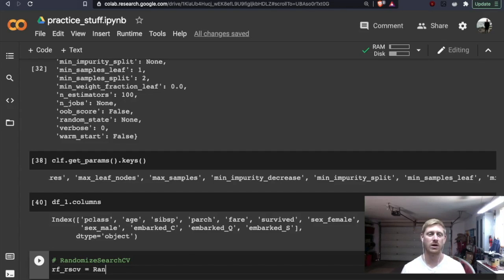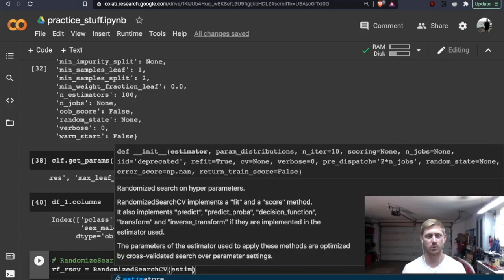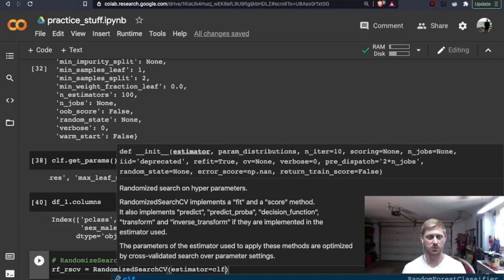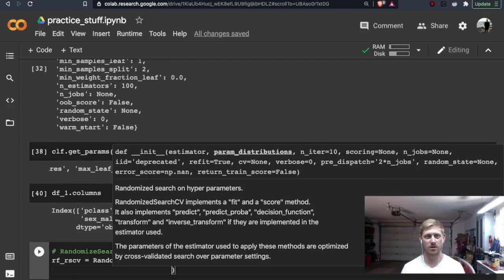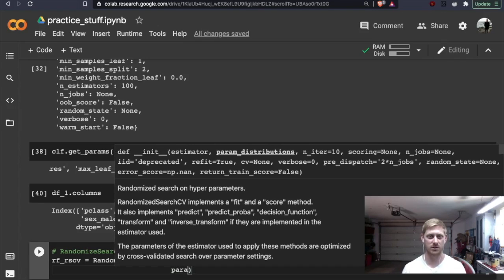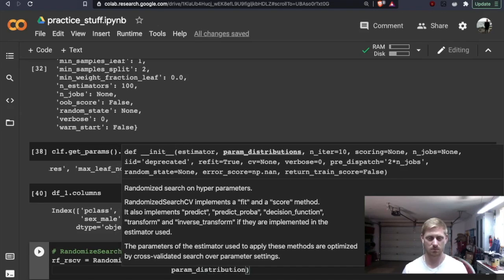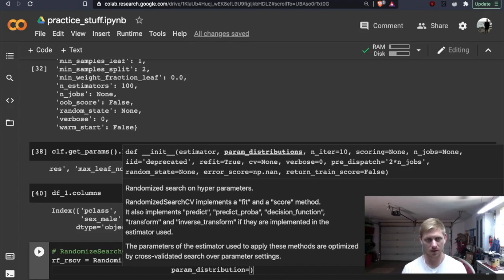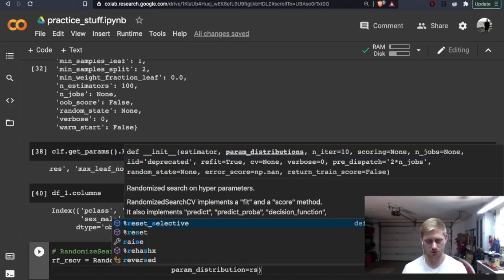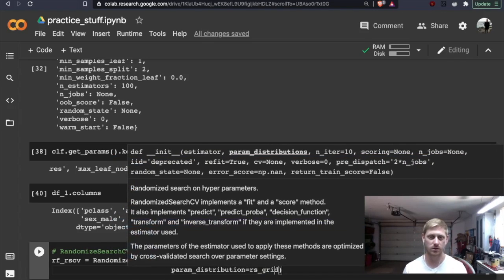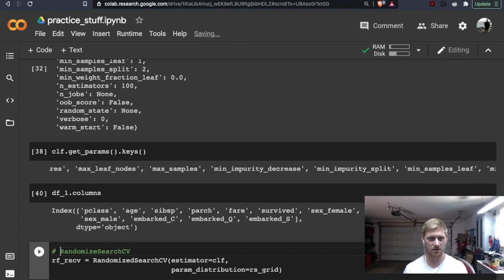It would be RandomizedSearchCV, and then our estimator would be our clf, which is pretty much just our instantiated model. From there, the param distribution, that's what we would need. So param distribution would equal our randomized search grid, RS grid, and let's go ahead and create that.